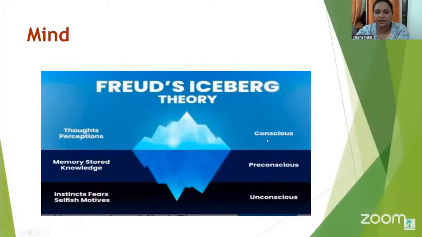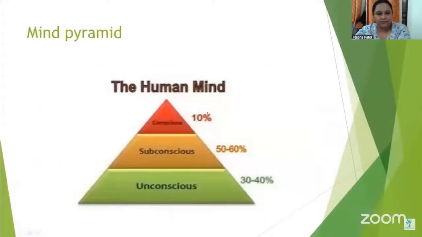So if gradually we release both these minds, the child will come to such a situation that they understand things at the conscious level, and they can participate logically a little bit also, and that will help the child and parent both. And that is the percentage of how our minds are working basically. Unconscious is 30 to 40, subconscious 50 to 60, and the conscious mind we are using only 10%, and it should be more.